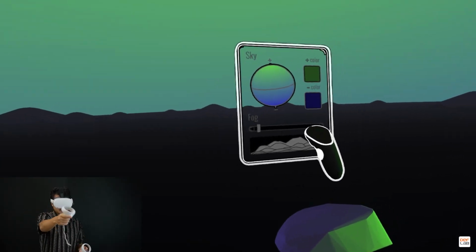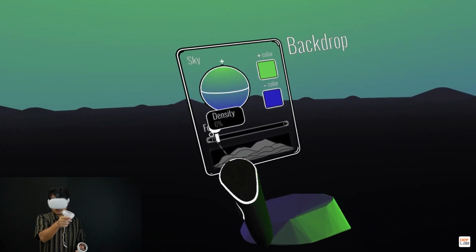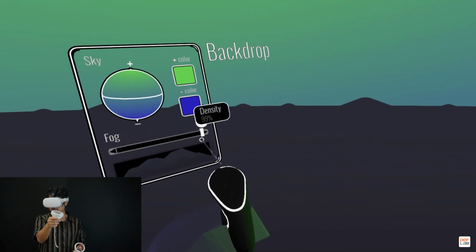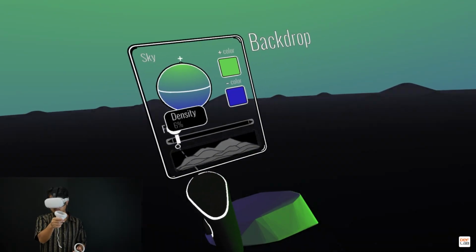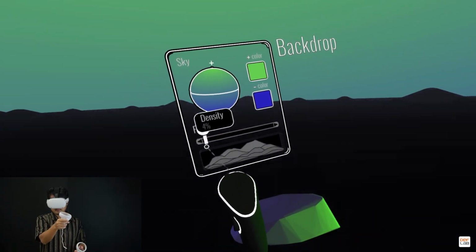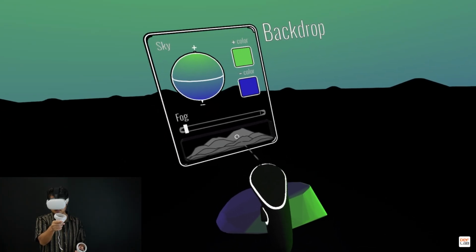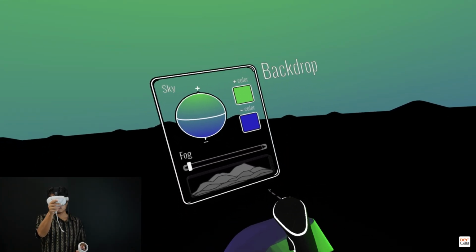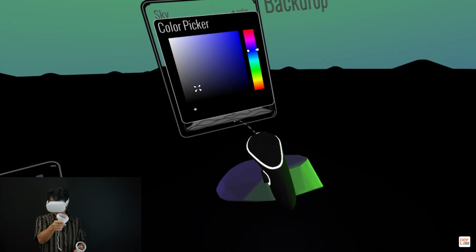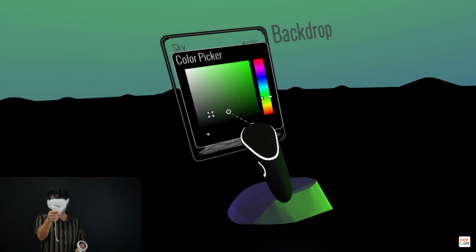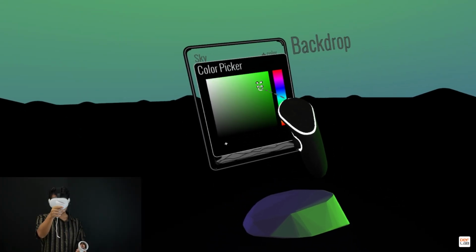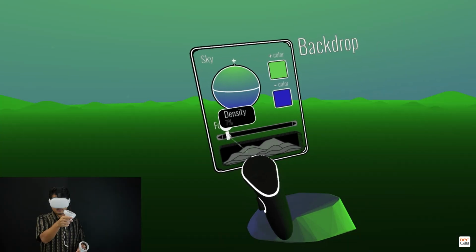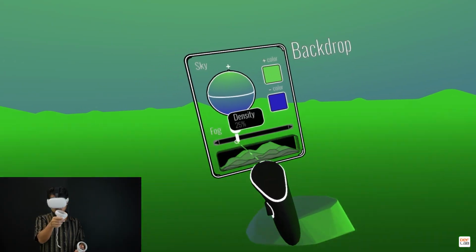Okay, you also have this fog. So with this you can change the density of the fog of your ground. And lastly you have this panel at the bottom of your backdrop. So you can just select this, and also you can change the color. I'll change it to green like this. Okay, now I'll increase the density of the fog. See,